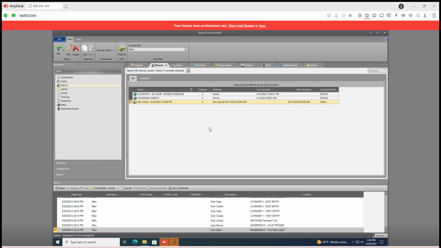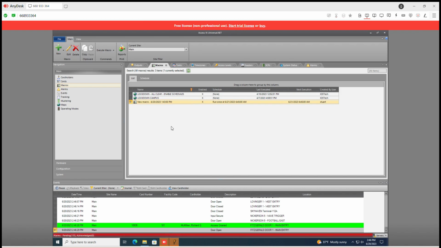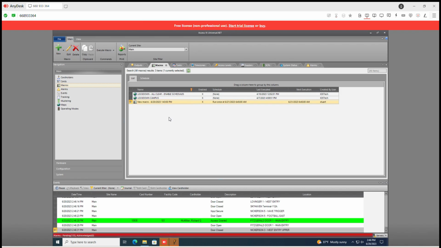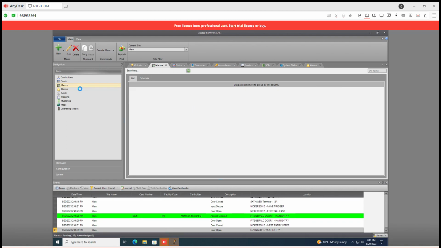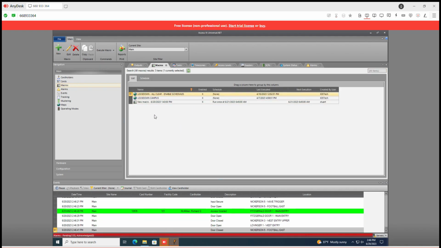Unlocking a reader outside of the normal time schedule without altering the original schedule. We go into macros, go to main, macros, right click, new basic macro,